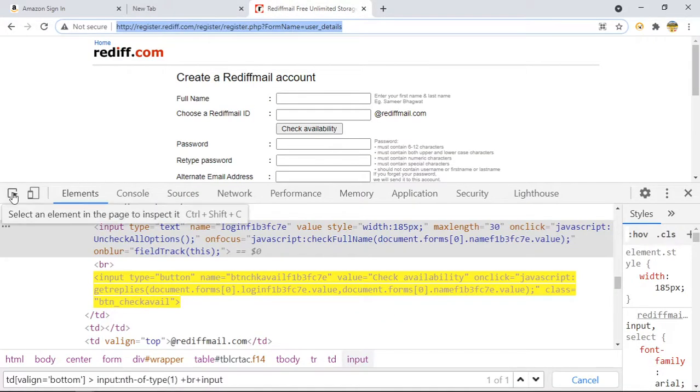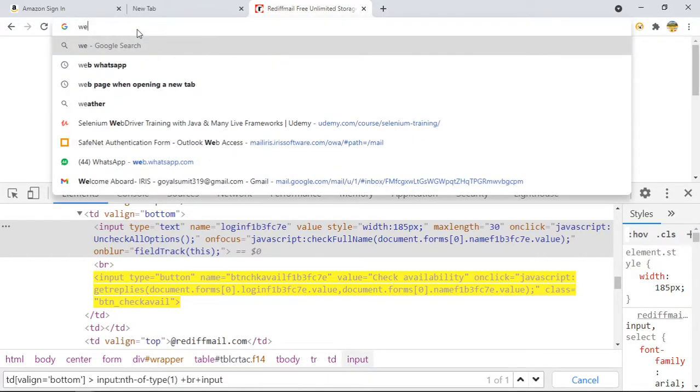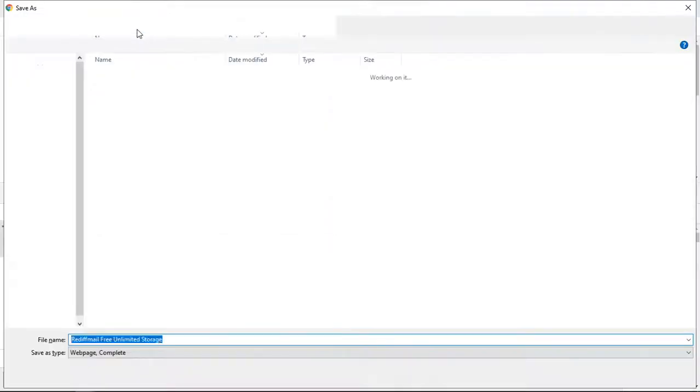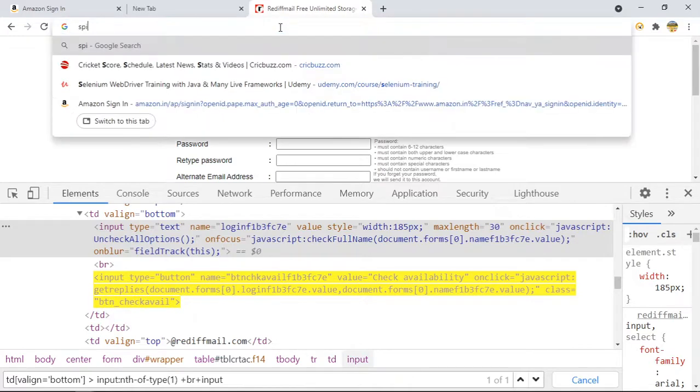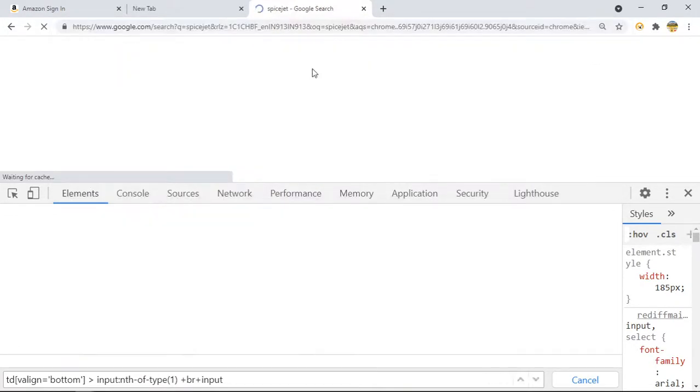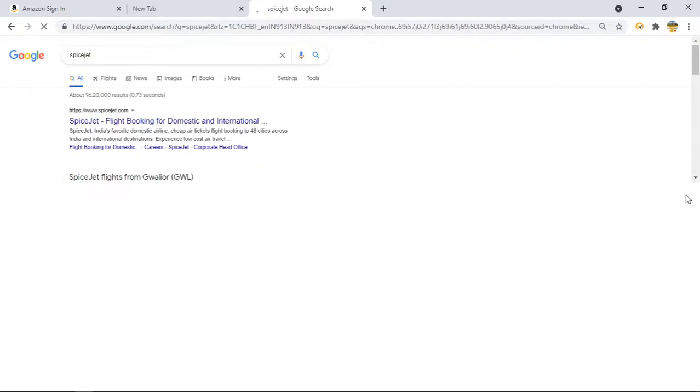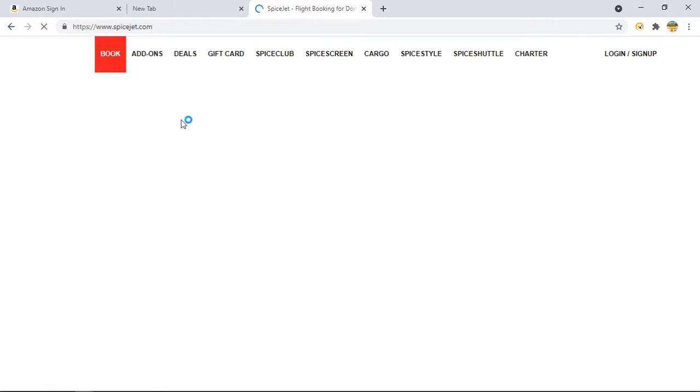Let me open this. This is one website from where you can book flight tickets.